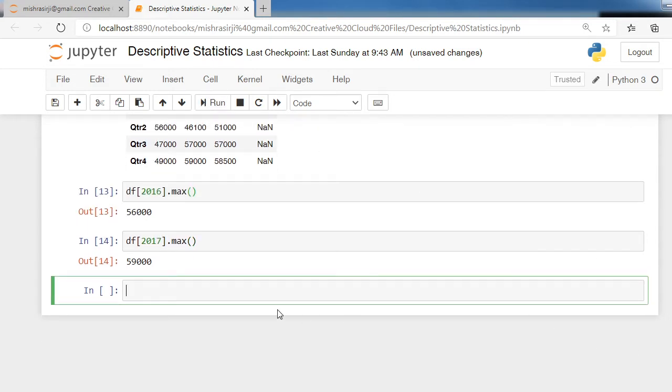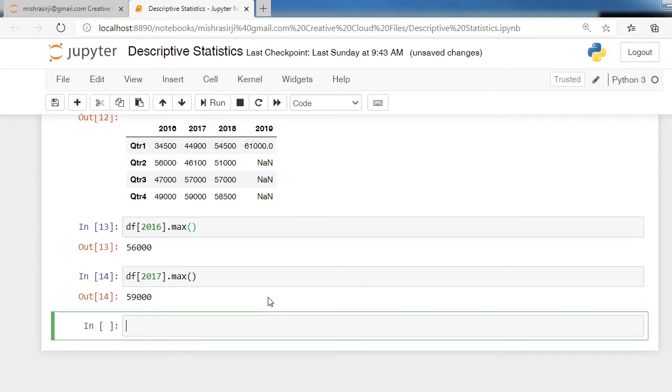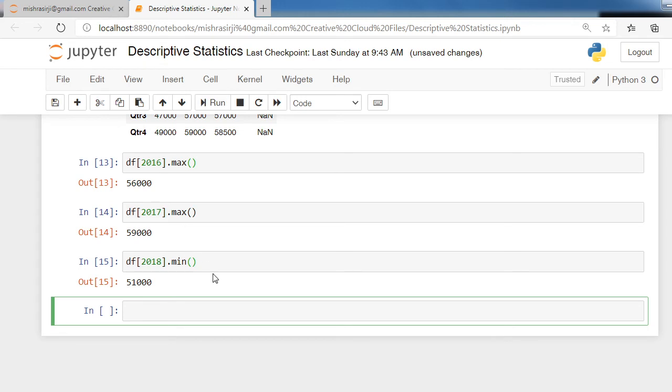Now the answer is 59000. If you want to know the minimum value of column 2018, you have to write df 2018 dot minimum, run this command and get the output.